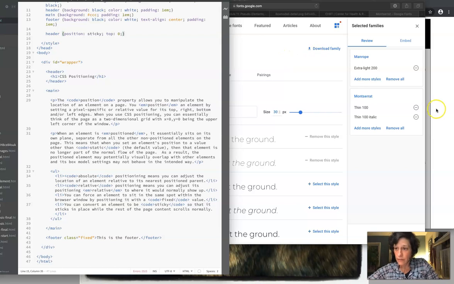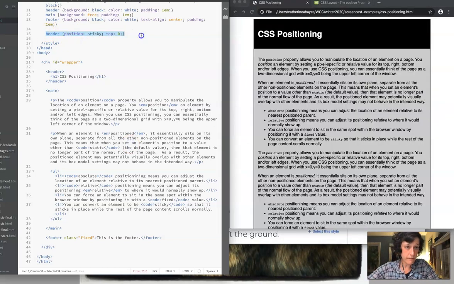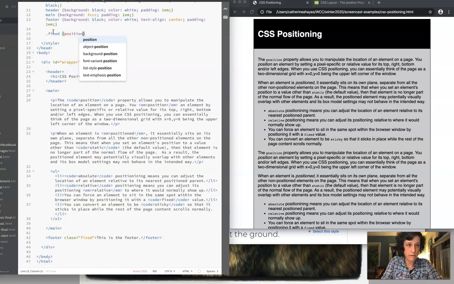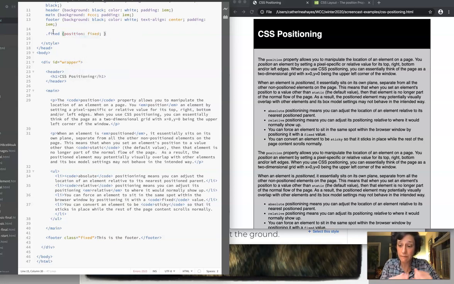So let me go back to my demo here. I'm going to get rid of the sticky, and what I'm going to do is target my footer, and I've given it a class called fixed. I don't necessarily need to use a class in this case, but let's say that I'm building a website and I have other elements that I want to apply this style to, so maybe I use a class. So I'm going to say find the thing that has the class called fixed and position it using the fixed value,